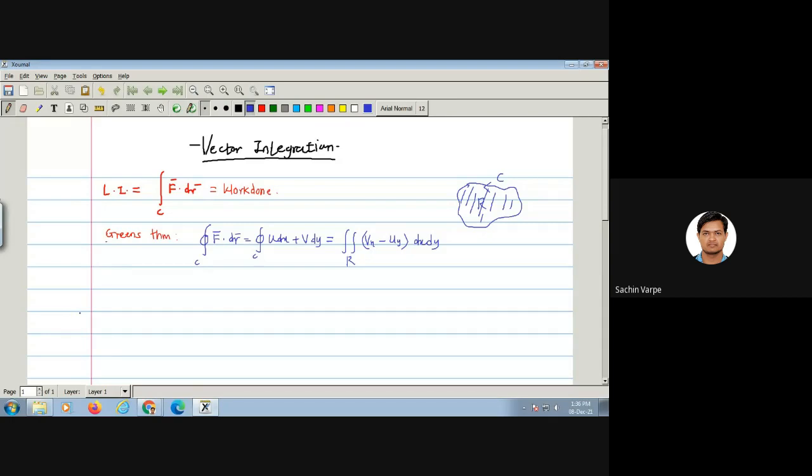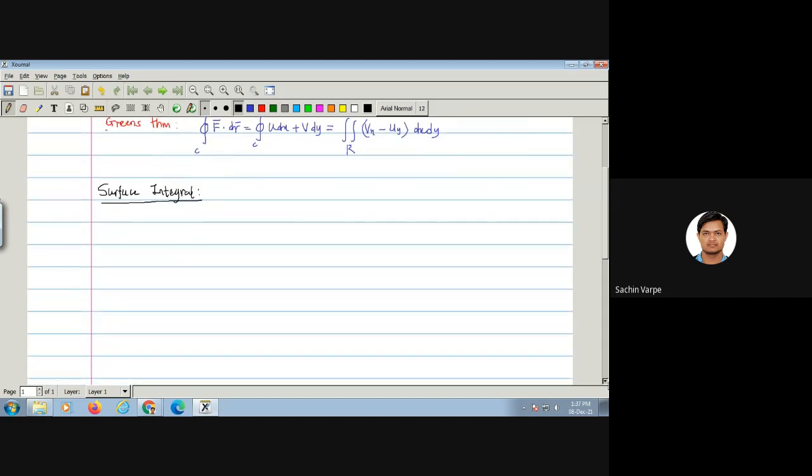Okay. The next point is surface integral. In line with the line integral, we define the surface integral. Surface integral is defined as